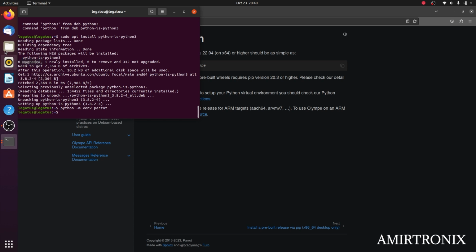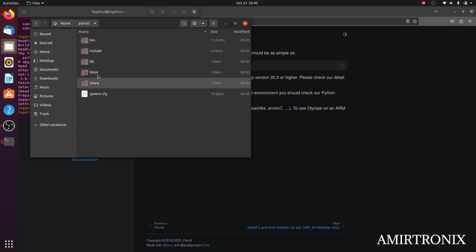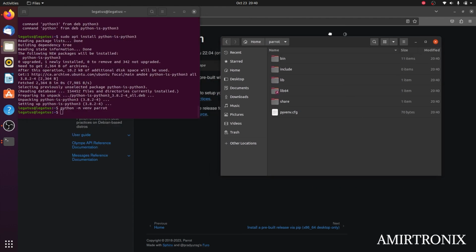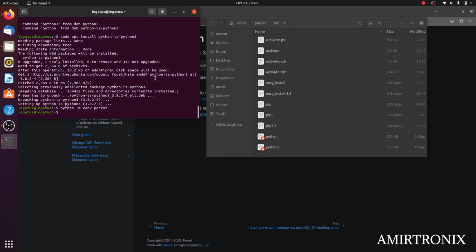Awesome. So now if you open your browser here, you'll see that there's a new folder called Parrot, which contains the files for your virtual environment. Over here, you'll see that there's an activate file in the bin folder. So to activate this virtual environment, you can simply type source parrot bin and then activate. And then you can see the indicator here that shows you're actually over the virtual environment right now